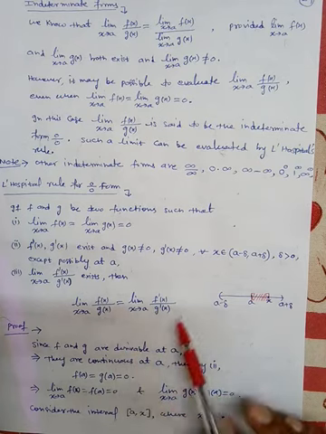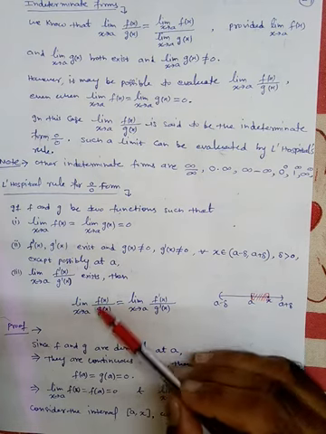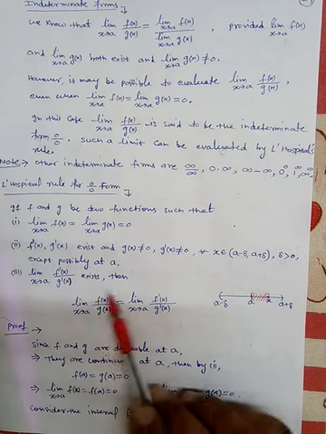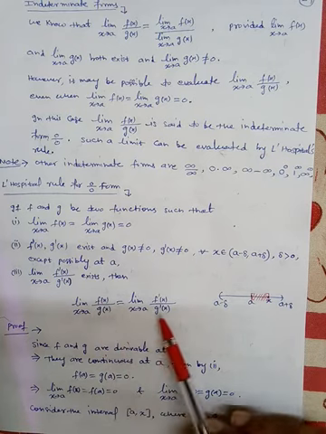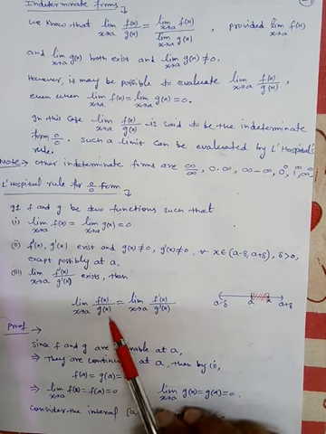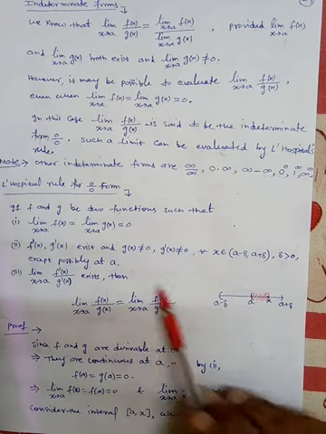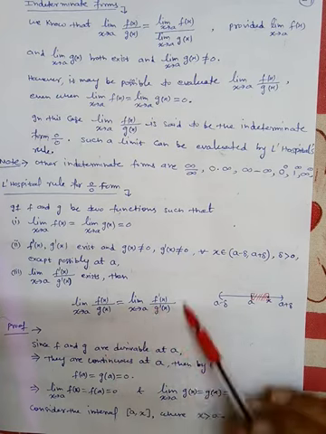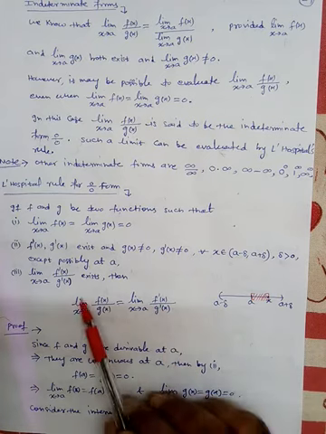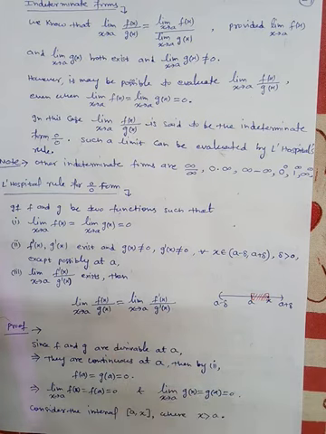So we have to prove this. That means the value of this ratio is equal to limit x tending to a, just differentiate this function and differentiate the g. So again, the limit of this ratio or this quotient function is exactly the same as the limit of this function. So how to prove this?